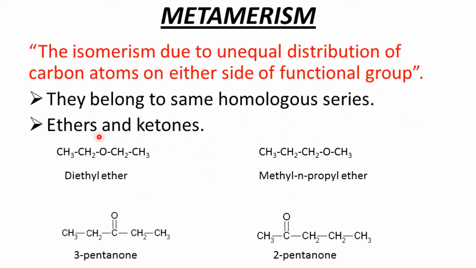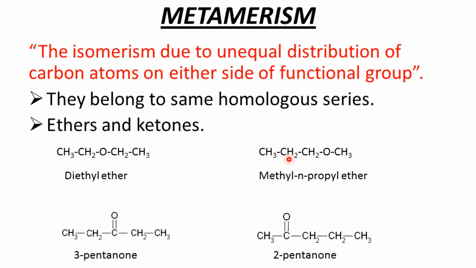Metamerism. Metamerism is a special property that belongs to a special class of compounds like ethers and ketones. Ether linkage, as you have seen, is an oxygen linkage with the alkyl chains. Now you will see here that the number of carbon atoms on both sides of oxygen are 2, meaning we have an ethyl group here and an ethyl group here, as we have already discussed what an ethyl group is.